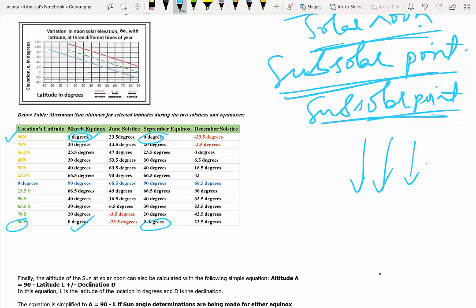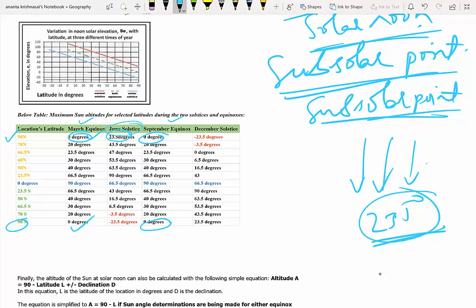However, for 90 degrees north, if you look at the June solstice, as I told you, the solar insolation is occurring here, and as we know that 23.5 degrees is the tilt of the north pole towards the sun, and hence if you observe the horizon from the north pole, you find that the sun is hovering over the north pole in a circular manner at an altitude of 23.5 degrees, and hence on the day of June solstice it is exactly at 23.5 degrees, and again it is completely in daylight, and this continues for almost 6 months from the day of March equinox to September equinox,